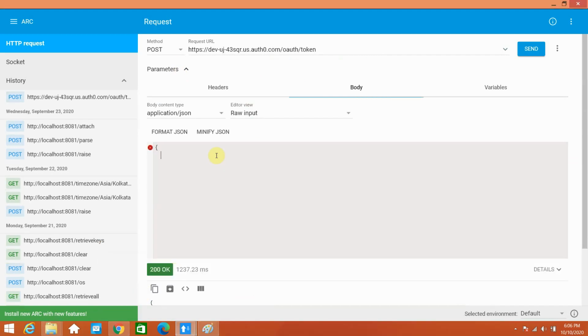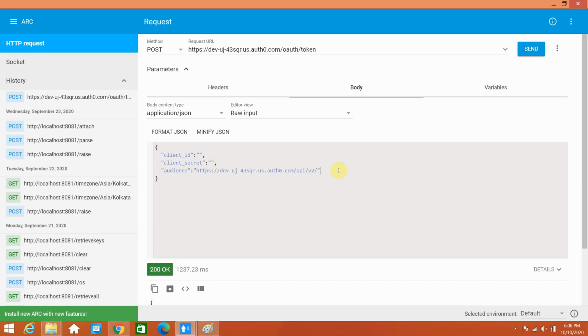So I will create a JSON message which takes a client ID, then client secret, then you want audience. You can even copy the body from the quick start also.